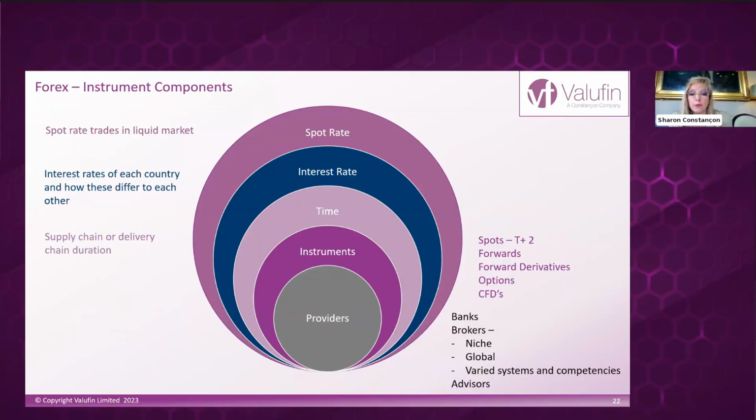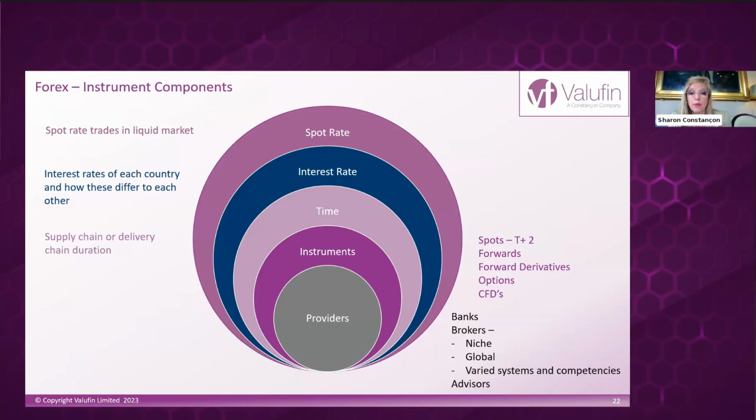So if we look at the different components that I've covered during this session and previous session, we start with the spot rate. We then add in the element of the interest rate, which is time, and it's the interest rate differential between the currency pair that we're working on. So the difference between, for example, the euro interest rate and the sterling interest rate, we might be seeing anything up to a 2% variance. That 2% is either a benefit or a cost, depending on whether you're importing or exporting from whichever country.